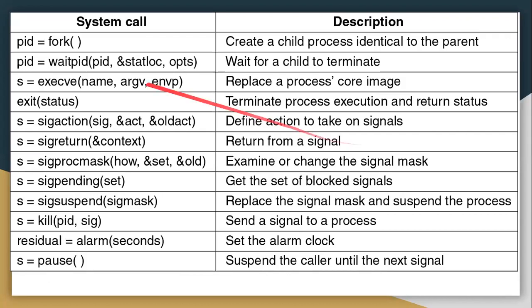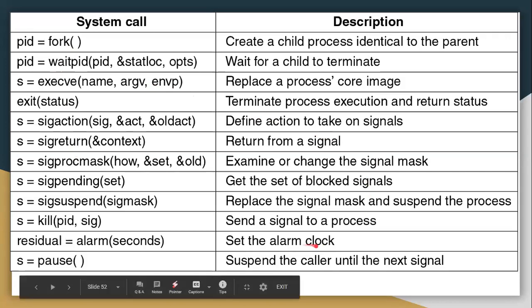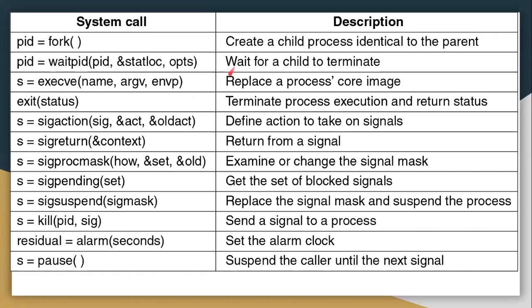So these are a few system calls like fork, then waitpid, then receiving any signal actions, returning from the signal, examining the signal mask, any interrupt. These are all signals, meaning interrupts, or waiting for resources, or any clock to be set. Then alarm is there. When you want to suspend, you can go for pause. So these are a few system calls which can be used in your programming, and you can use them by these functions. These are all shell functions which can call further system calls.